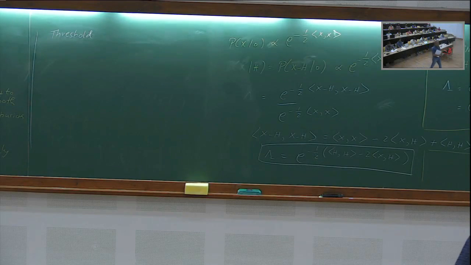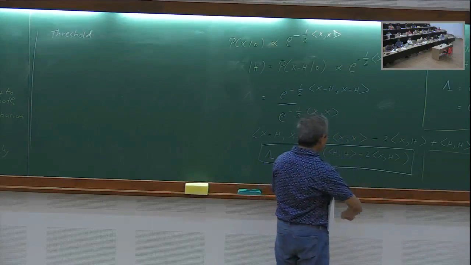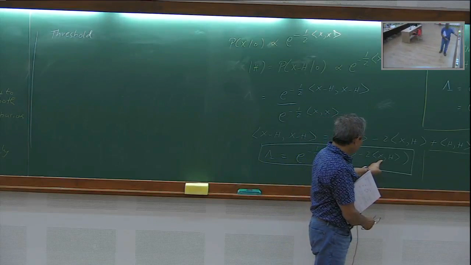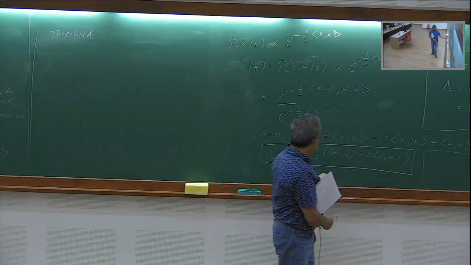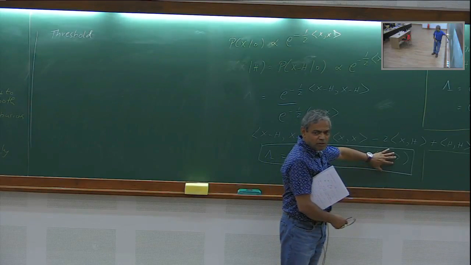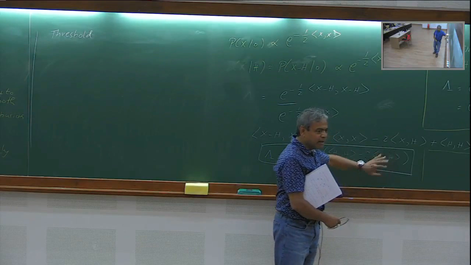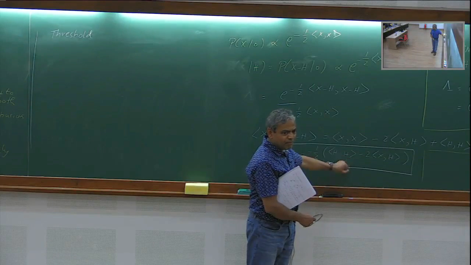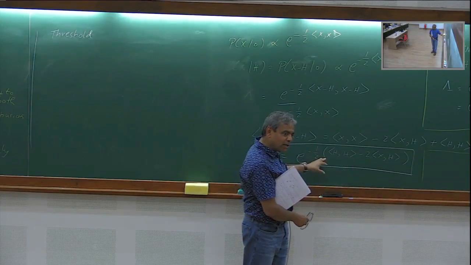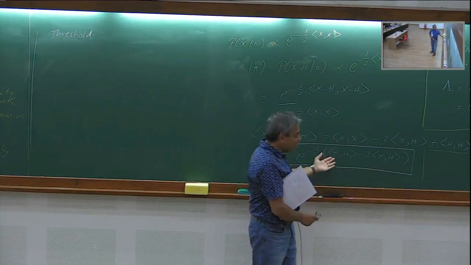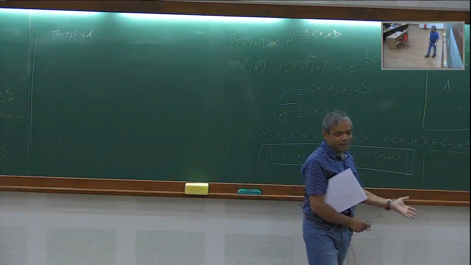In fact, in the formula we wrote earlier, if there is no signal present, then x will be purely n. This will be n comma h, which is 0. And so the likelihood, on average, if there is no signal present, it doesn't correlate with the data. Then it is e to the minus half h comma h, rho square. So that's how insignificant it will be. The larger signal to noise ratio you think your data contains, the less likely it will be if it does not really contain it. You get the point?